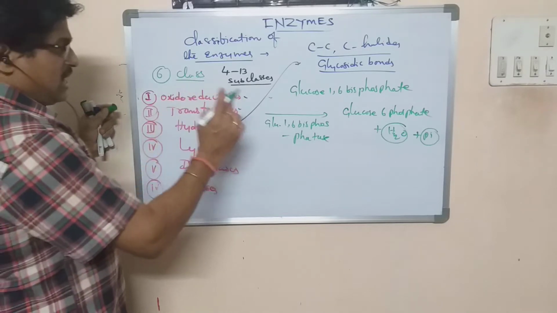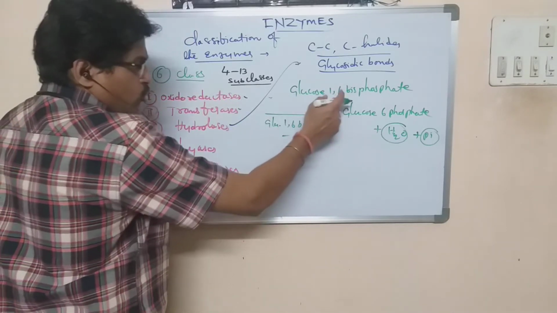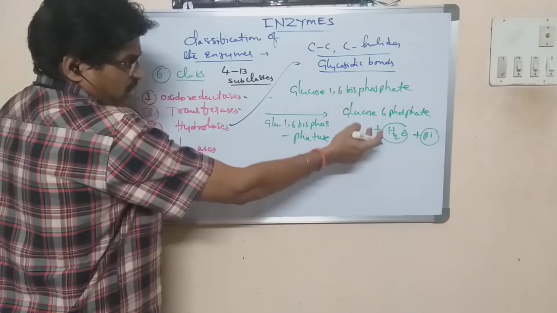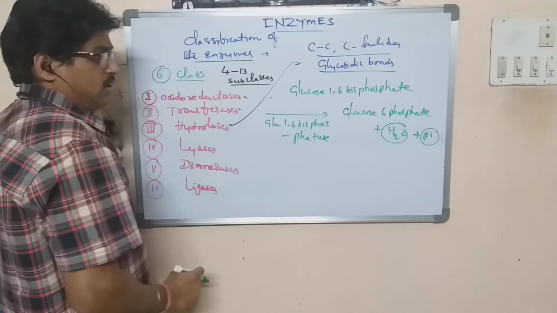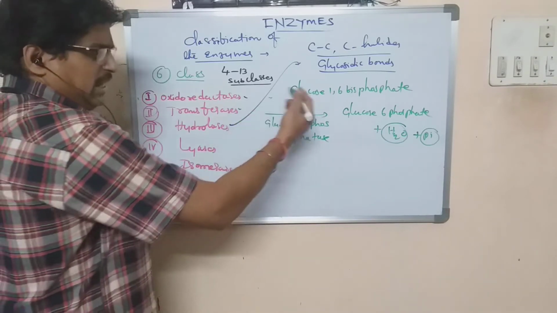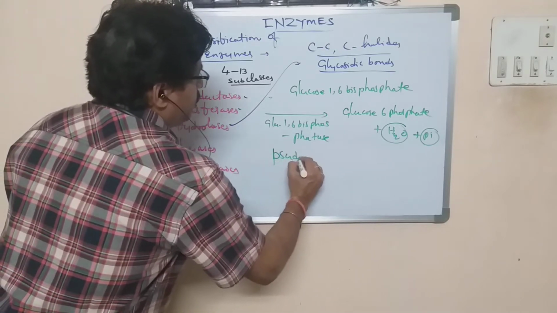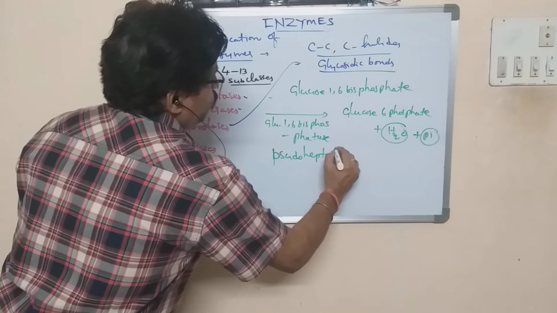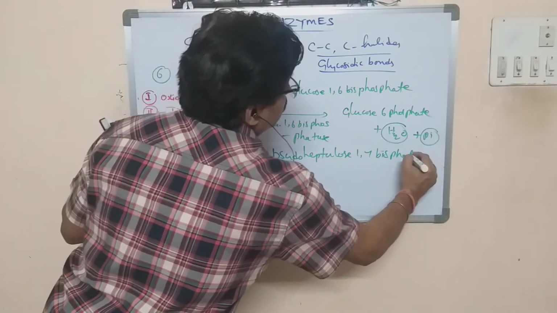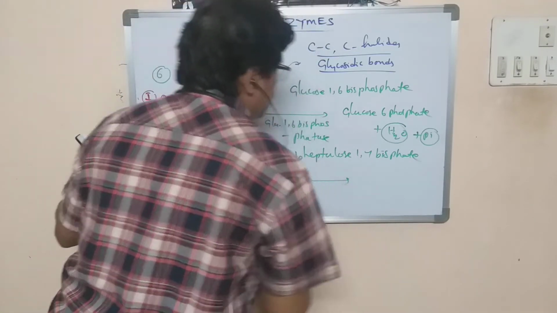So these are all enzymes which take place in this manner. Even the 6th carbon compound like glucose 1,6 bisphosphate converts to glucose 6-phosphate. The first carbon's inorganic phosphate comes out here. This enzyme comes under hydrolysis. Even we can take one example, pseudoheptulose 1,7 bisphosphate. Under the hydrolysis enzyme, what is the enzyme here in this case also?